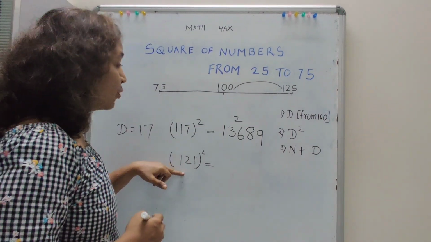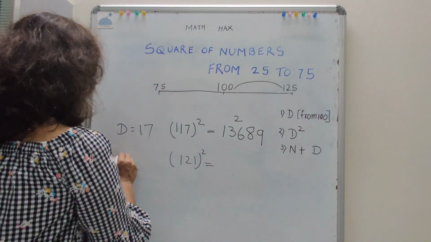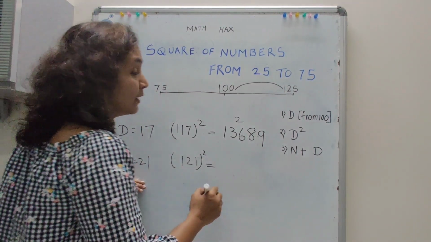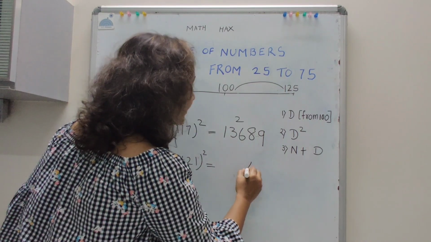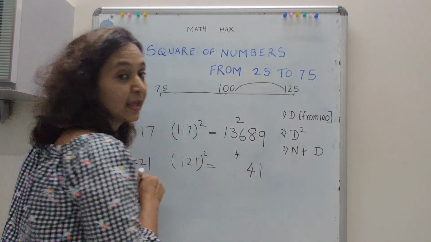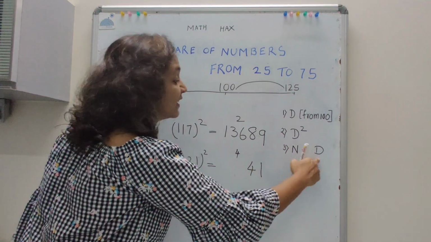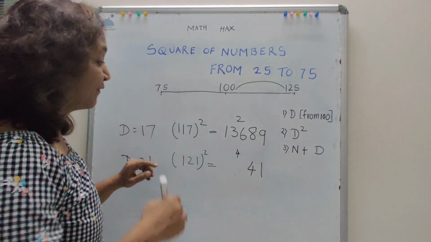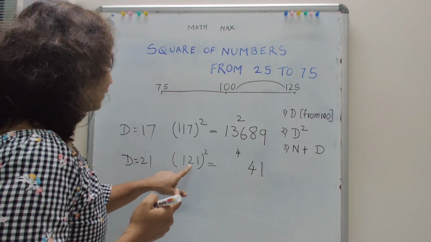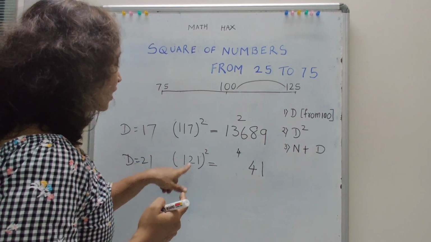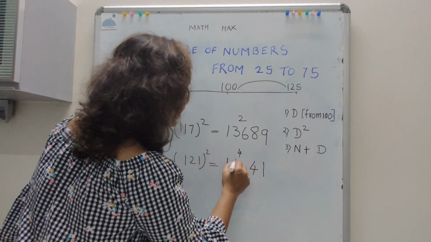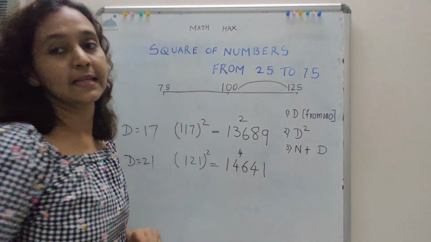And now the next example, square of 121. What is the difference between 121 and 100? The difference is 21. So what's the square of 21? 441. 3-digit number, we need only 2 digits. So we'll be taking 41 here and 4 would be the carryover. Now you add the difference to the number itself. The difference is 21. Adding it to the number, it becomes 121 plus 21, that is 142. But 4 is a carryover. So 142 plus 4 is 146.